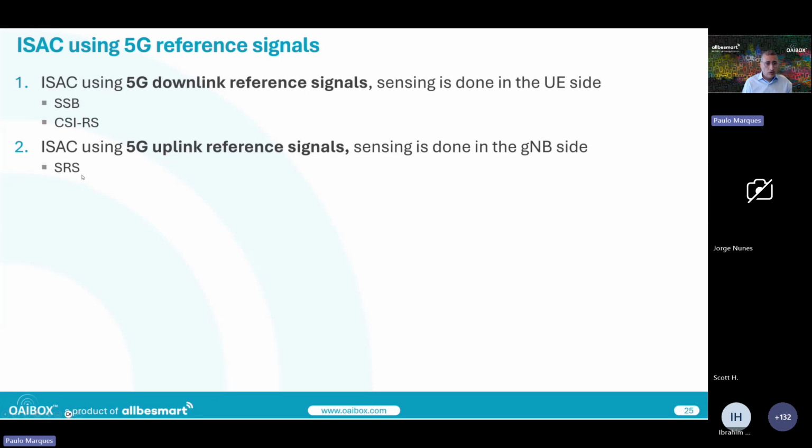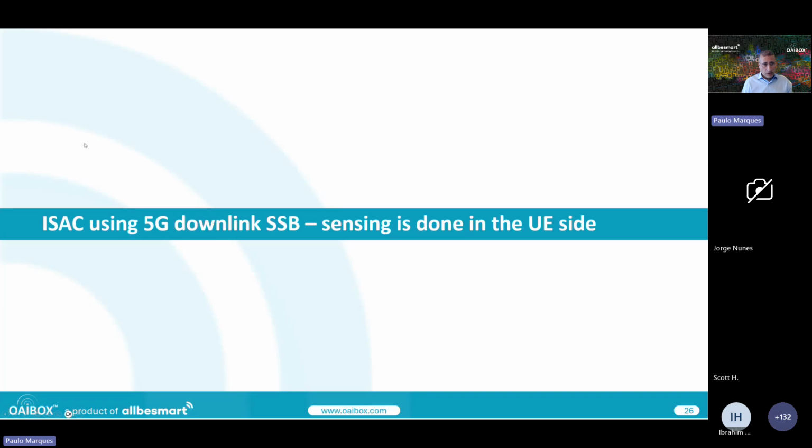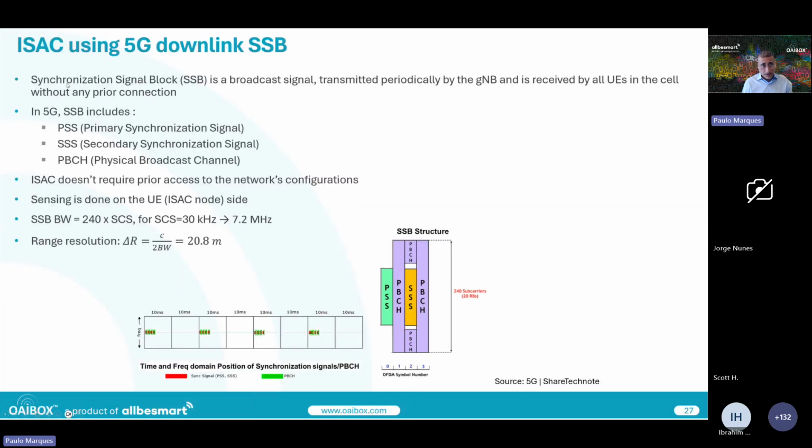Today, the demo we are going to do is on the second approach, but let's go deeper on the reference signals that can be reused in 5G for ISAC applications. First, SSBs in the downlink. The synchronization signal block is a broadcast signal transmitted periodically by the gNodeB and received by all UEs in the cell without any prior connection. The SSB includes the primary synchronization signal, the secondary synchronization signal,